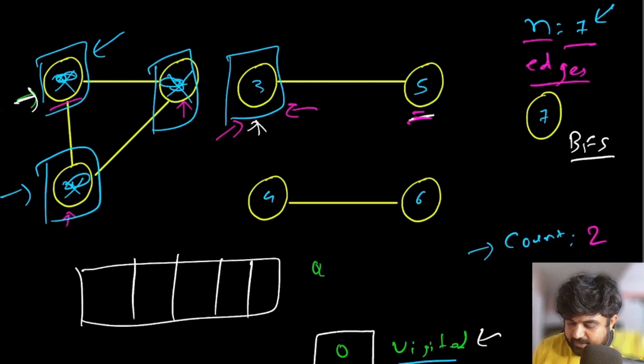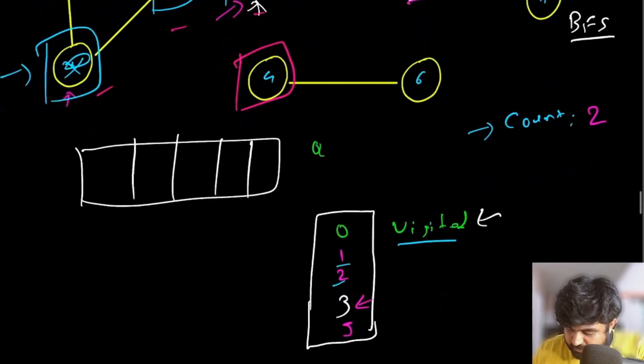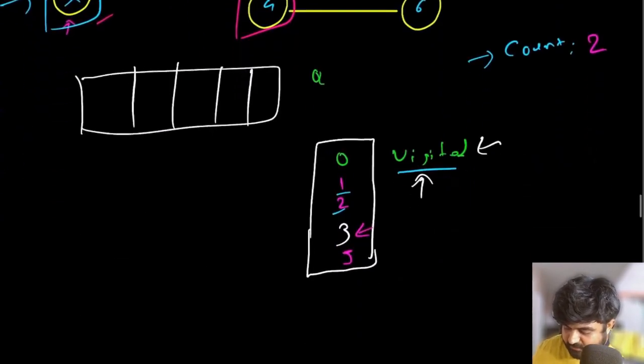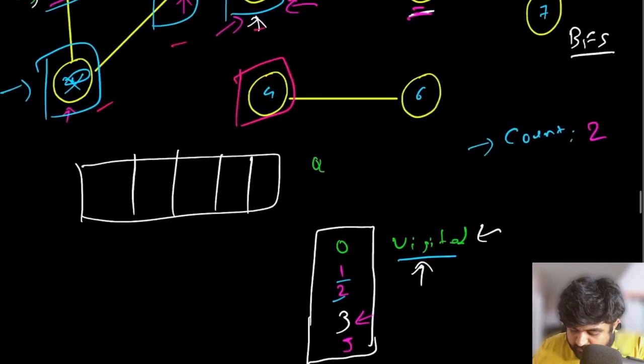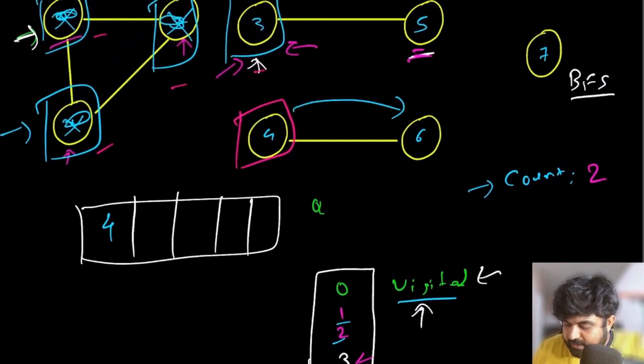Now moving on, currently we went through 0, 1, 2 and 3. Now we need to go through value number 4, because there are 7 elements inside our given input. Repeating the same process for value number 4, currently 4 has not been visited, so we will mark value number 4 as visited. At the same time, we are going to put 4 inside our queue. We are going to go through the neighbors of 4, and we are also going to increase the count. I always forget to increase the count, which is the most important thing asked in this problem.